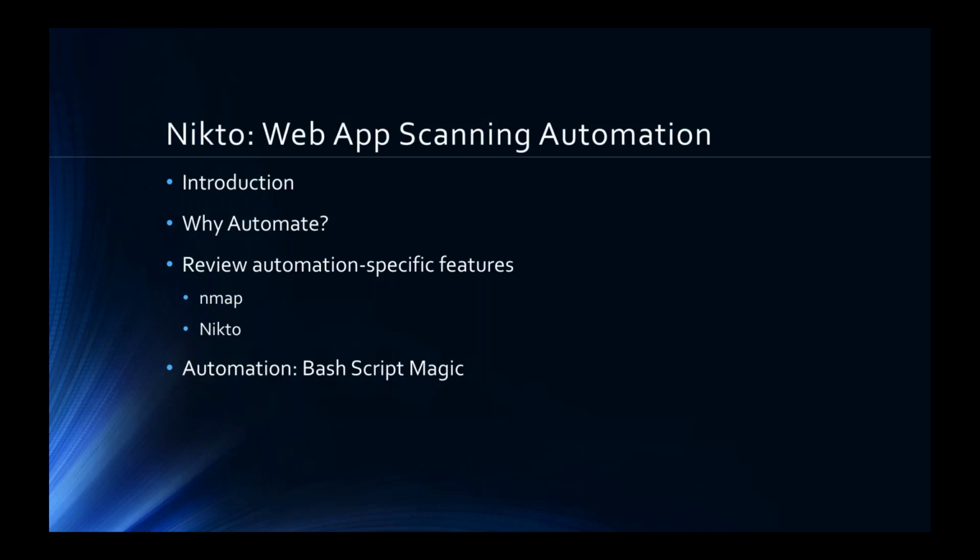We're going to ask the question, why would we want to do this? Take a look at a couple of reasons why we would do that. Review some automation-specific features of a couple tools that we tend to use, as part of a lot of common automation scripts. We're going to look at Nmap and Nikto, and then we're going to dive right into actually developing a small beginner bash script that you can then use to modify for your own tools, your own purposes, and